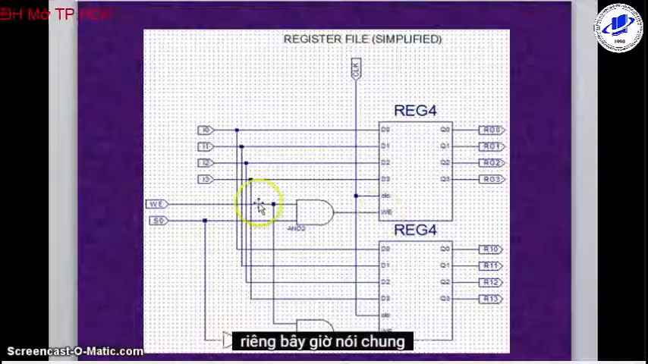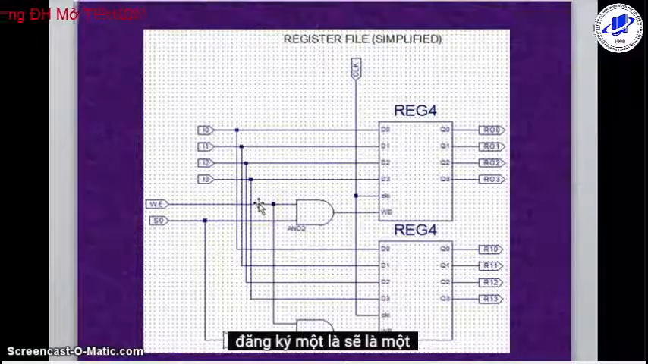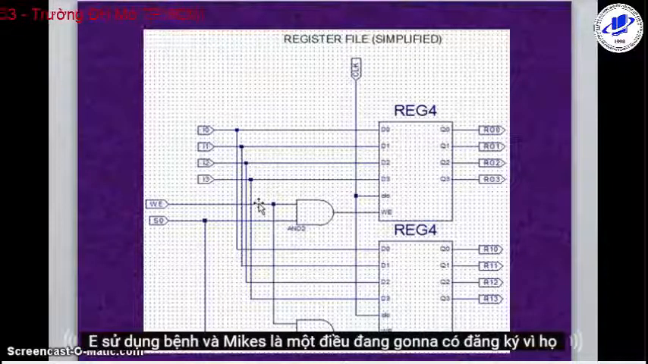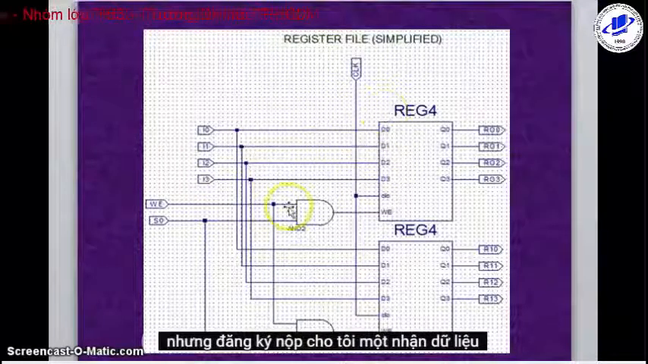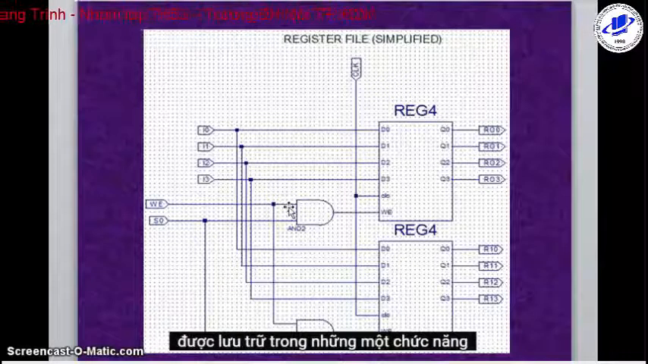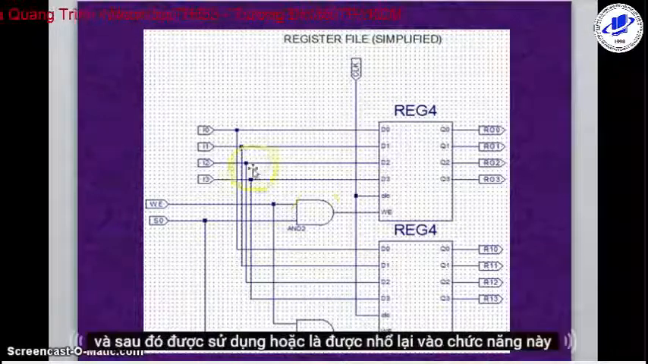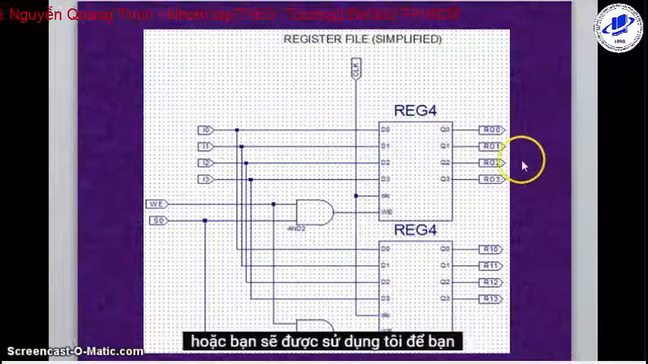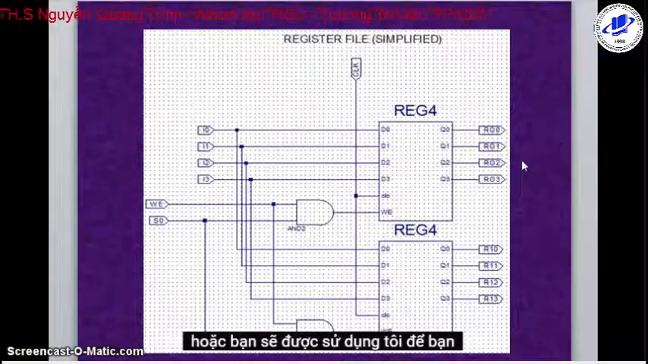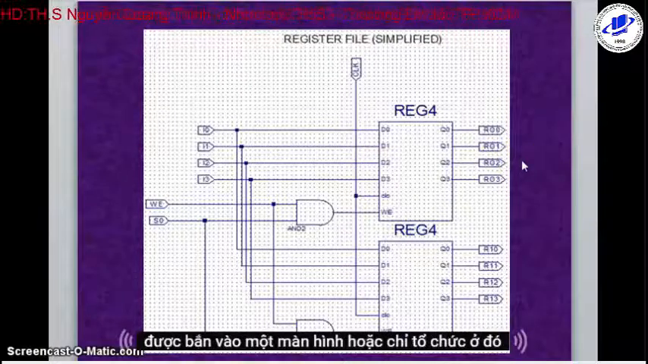Now, generally, ALUs and muxes and other things are going to have registers because they also need to store data. But a register file may receive data that is stored in those functions and then be used to either be spit back into those functions, or it will be used in order to be shot to a display